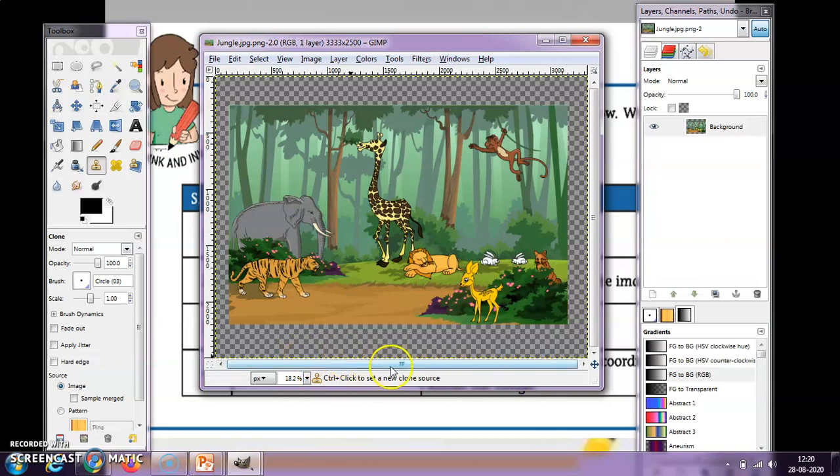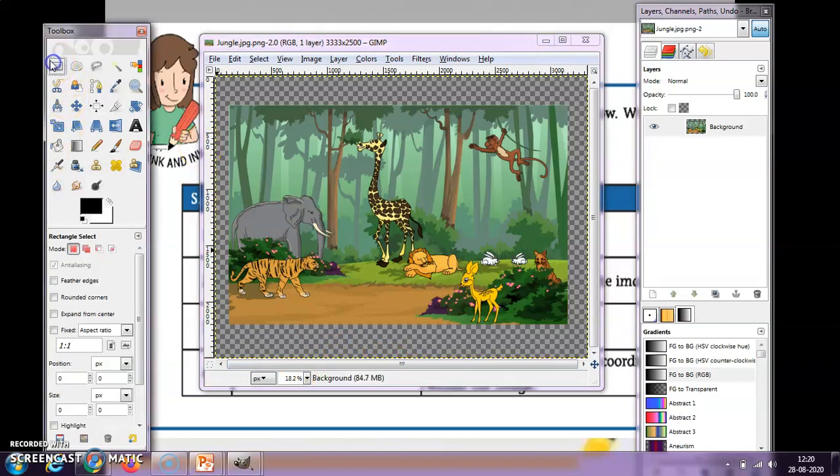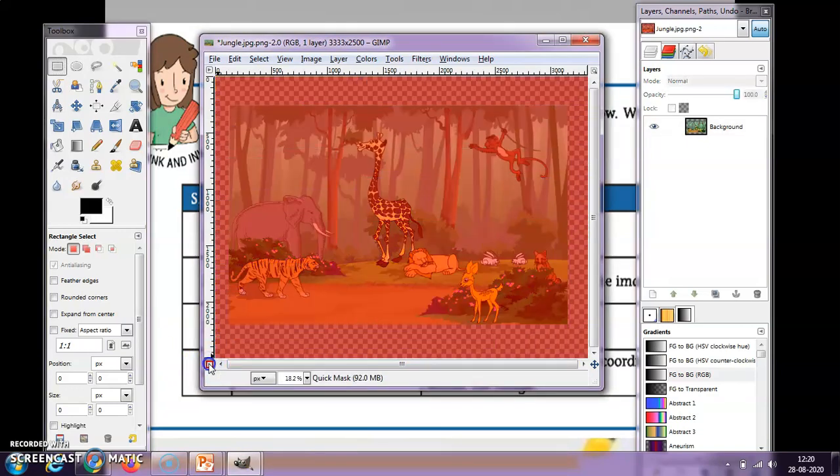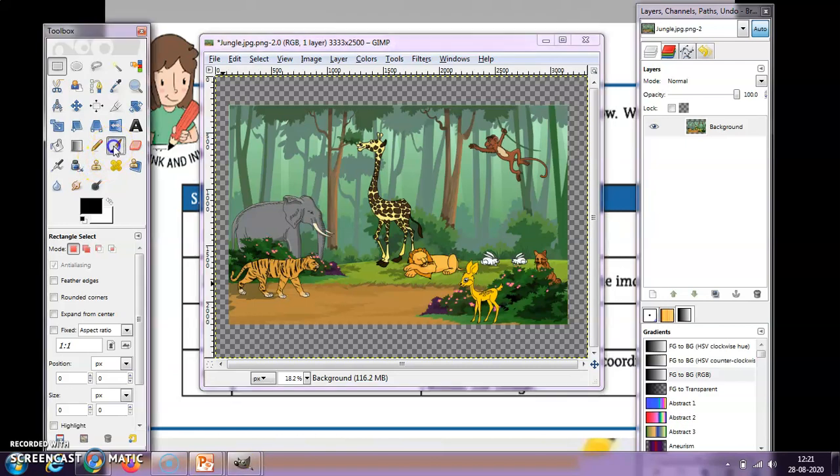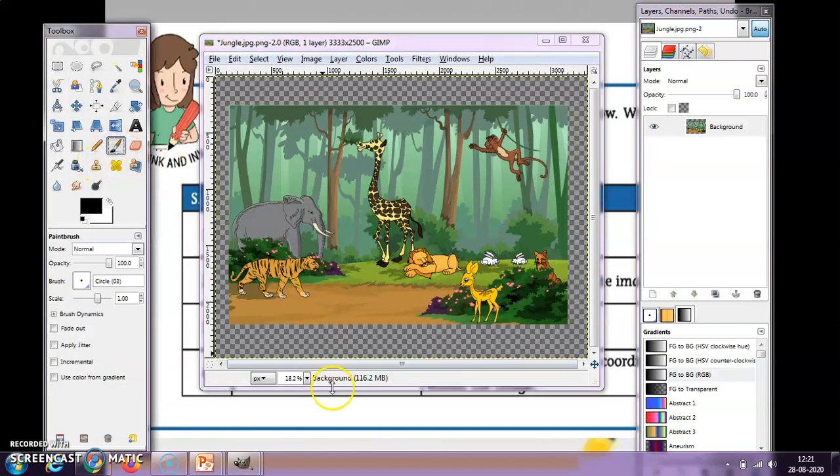Okay, and this is your status bar. The active part of the image and the active selection of the tool will be specified in this status bar, and this is your quick mask toggle. So this is your quick recap of your practical session. The status area displays the active part, that is, what you select. If you are selecting everything, so these are all the things we saw now in your session.